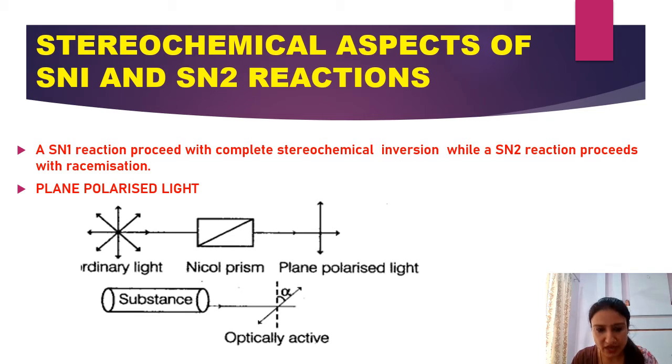Light may be polarized by reflection or by passing it through filters, such as certain crystals like this nicol prism, that transmit vibration in one plane, not in other planes. This is known as plane polarized light. Certain compounds rotate the plane polarized light which is passed through a nicol prism when it is passed through their solution. Such compounds are called optically active compounds. The angle by which the plane polarized light is rotated is measured by an instrument called a polarimeter.